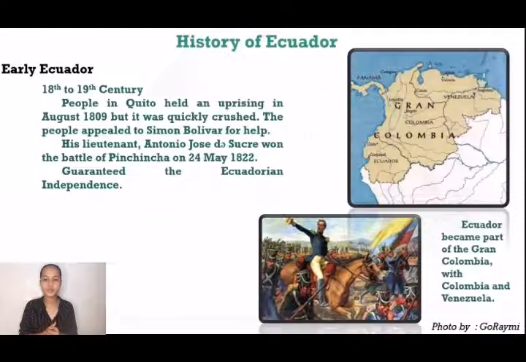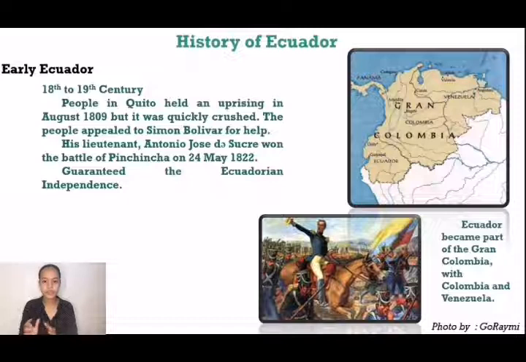Furthermore, in the late 18th century and the early 19th century, the people of Ecuador, like other South Americans, became discontented with Spanish rule. People in Quito held an uprising on August 8, 1809, but it was quickly crushed.